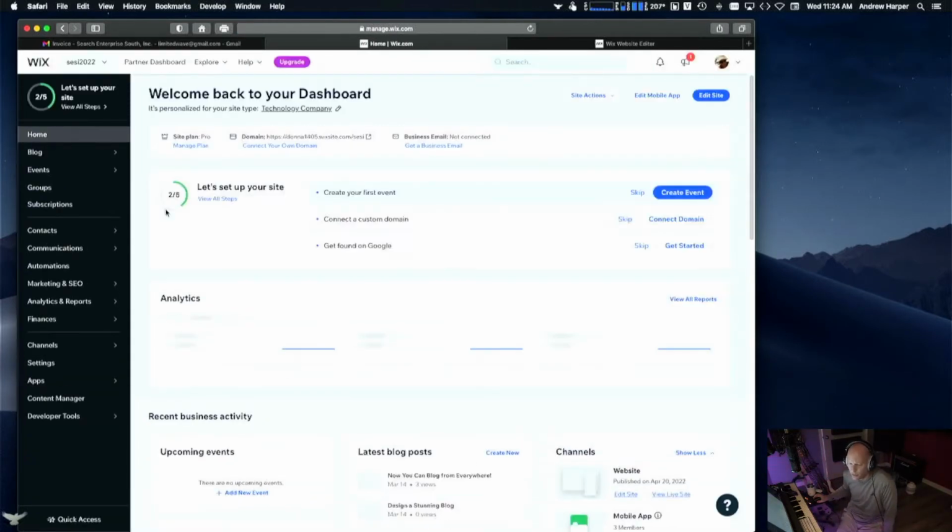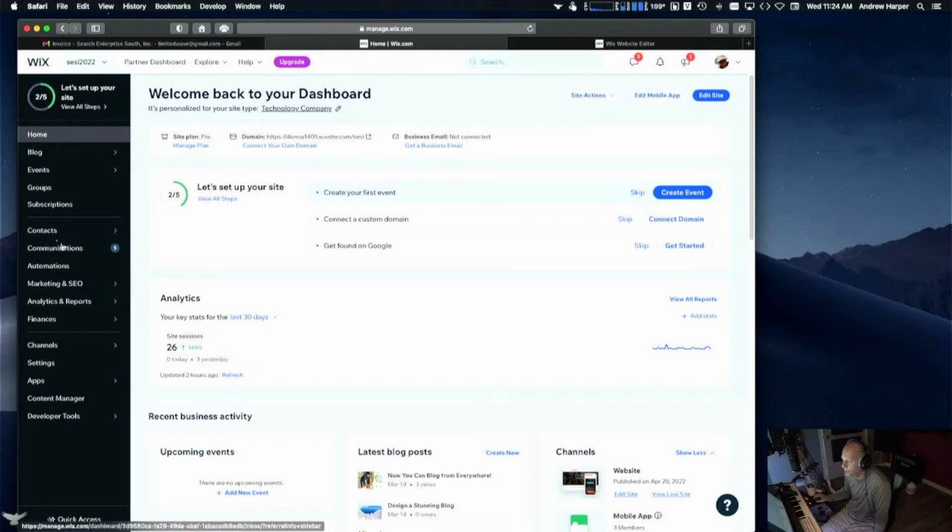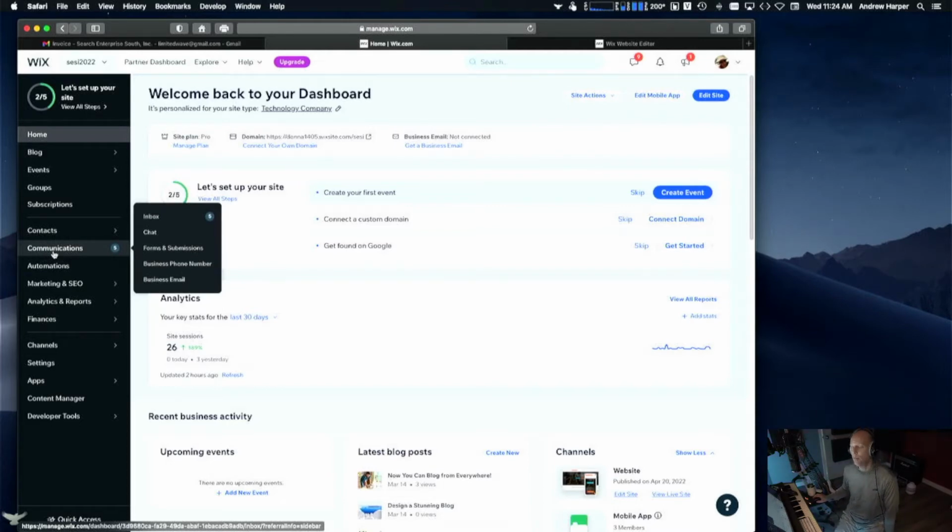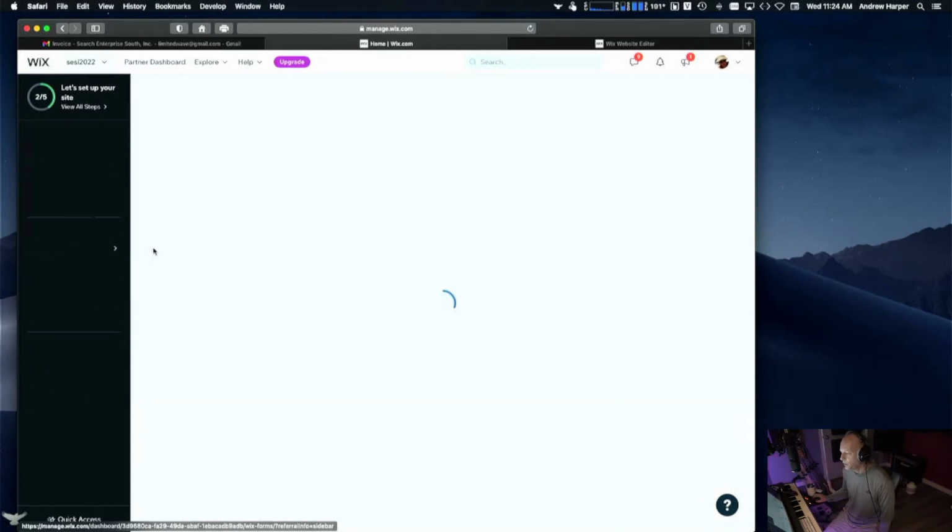And so first I'll show you how you manage the data and submissions and things like that. So I think that stuff is in Communications, and I haven't prepared myself, by the way. I'm just coming in this just raw. So if I don't know where something is, you're going to see me figure it out. So, Forms and Submissions,